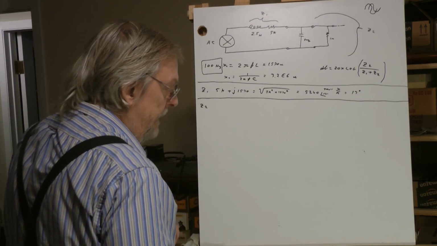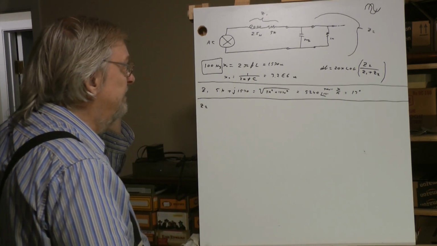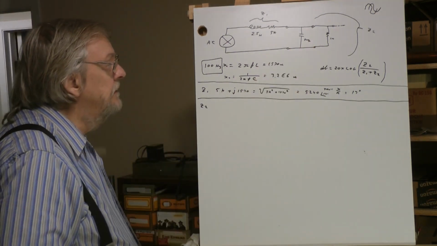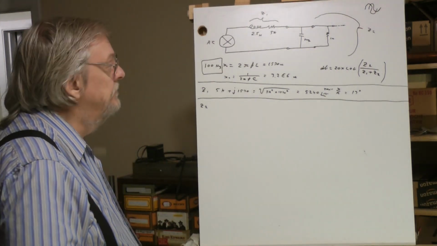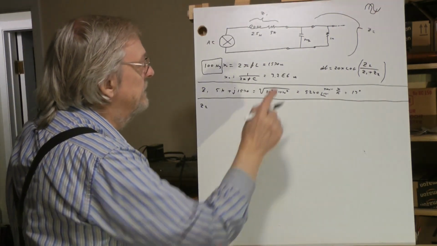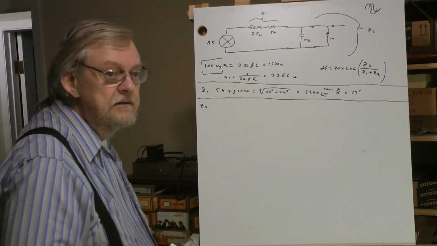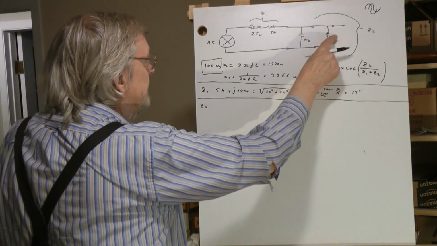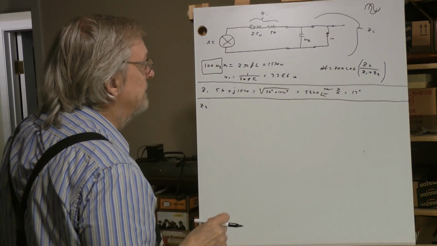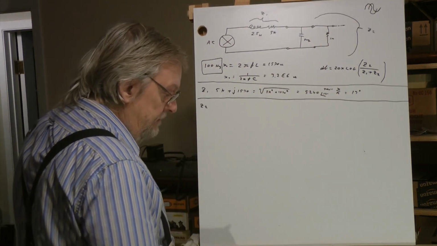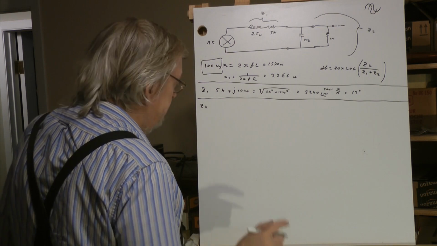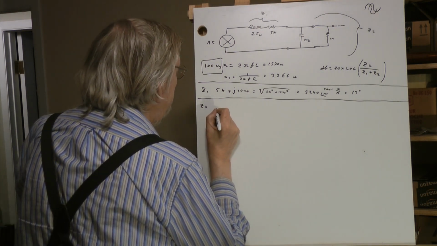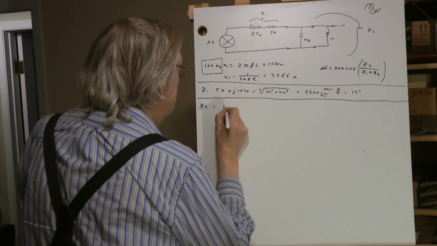Z2. There's a method of doing two parts in parallel, and it's called the times over plus. You simply take the multiplication of the two values and you divide it by the addition of the two values. That would be that value and this value. They're both pretty high numbers. So the times becomes 1 meg